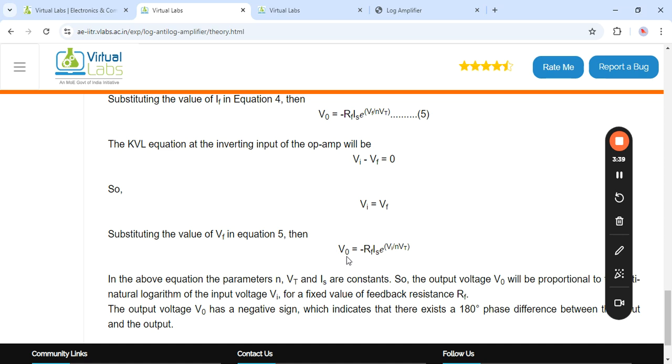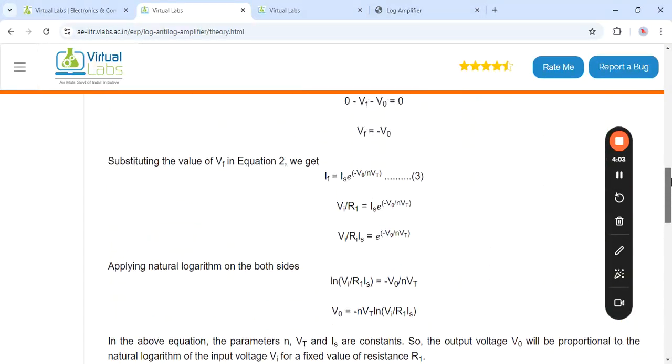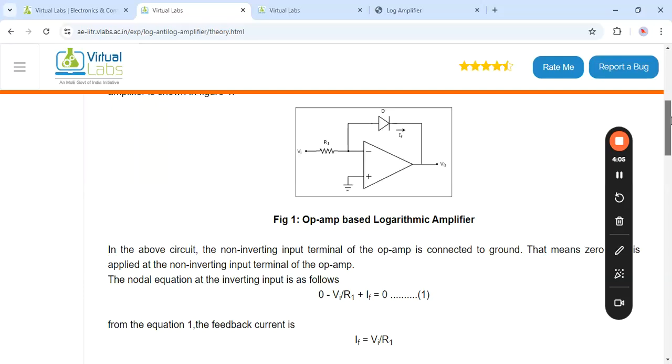Over here, we can see V naught is proportional to the anti-logarithm of the input voltage Vi, and in this case, all other values are constant. And we need to keep in mind that we are considering a fixed value for the feedback resistance Rf. So this is the theory behind the logarithmic and anti-logarithmic amplifier. Now coming on to the